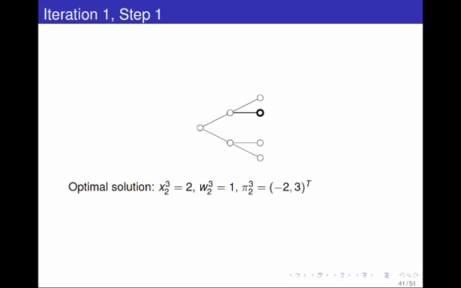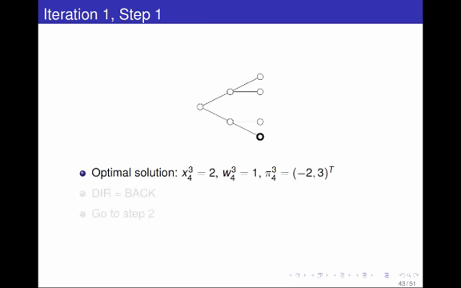And for period 2, the overtime reduction is 1. This is the dual multiplier. For period 3, for scenario 3, it's identical to what it was for scenario 1. And for scenario 4, it's identical to what it was for scenario 2. Now, if you go again through the block diagram, it will discover that it's at the end of the tree in the last scenario. So the program is now instructed to switch direction and start moving backwards. Okay. And once the direction changes and it starts moving backwards, it goes to step 2 of the algorithm,